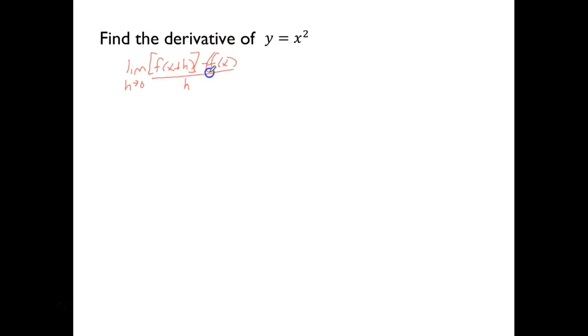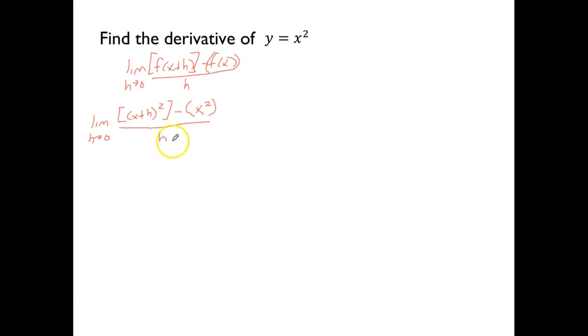I'll do brackets around that, parentheses around this. So we're going to have the limit as h approaches 0 of brackets for my f of x plus h. So I'm plugging in x plus h right there. So x plus h squared, and that's the whole function, so I'm going to end my bracket, minus parentheses for the f of x. This is the whole f of x. So x squared all over